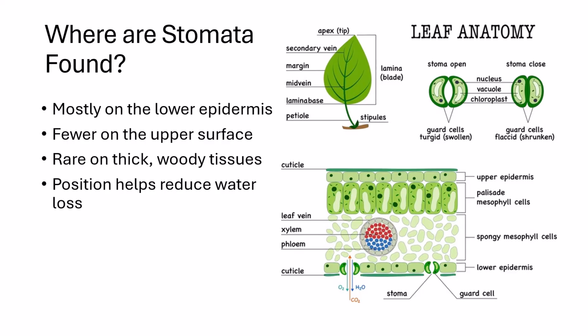Stomata are not evenly distributed over all plant tissues. In most terrestrial plants, the majority of stomata are found on the lower surface of the leaf rather than the upper surface. This positioning helps reduce water loss. The lower leaf surface is usually shaded and less exposed to direct sunlight and wind, which lowers the rate of